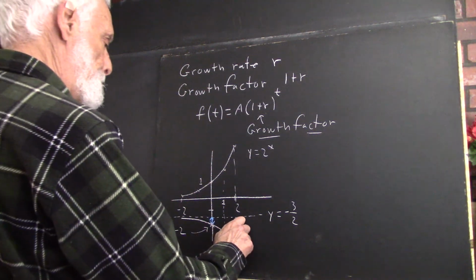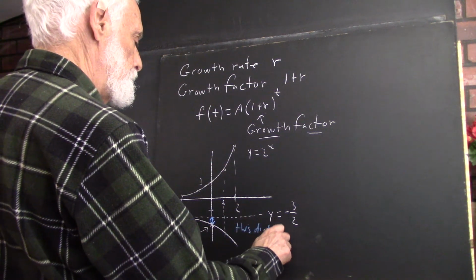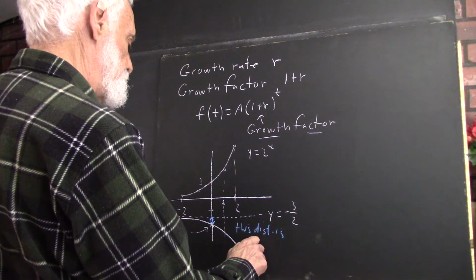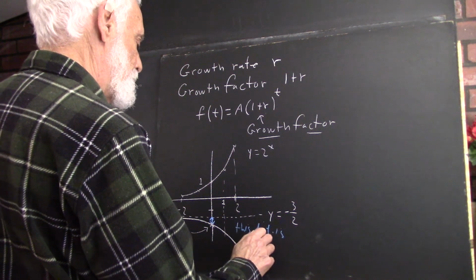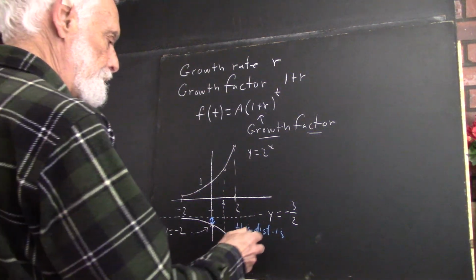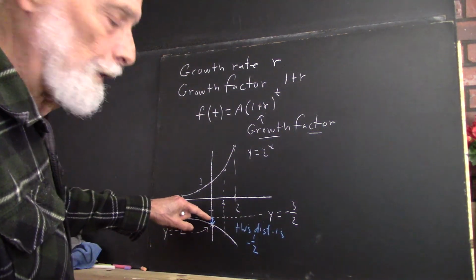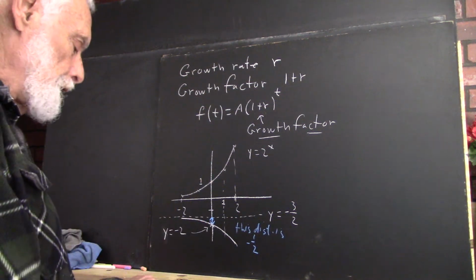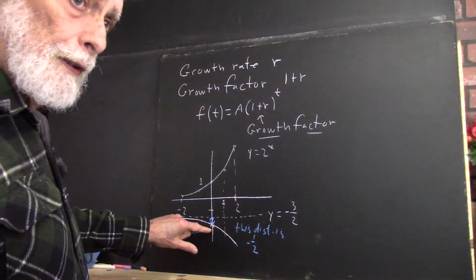So, and I said this distance is -1/2, and I've got the arrows wrong. Really, I mean the displacement from the asymptote down here is -1/2. Okay, this indicates that to get this function,